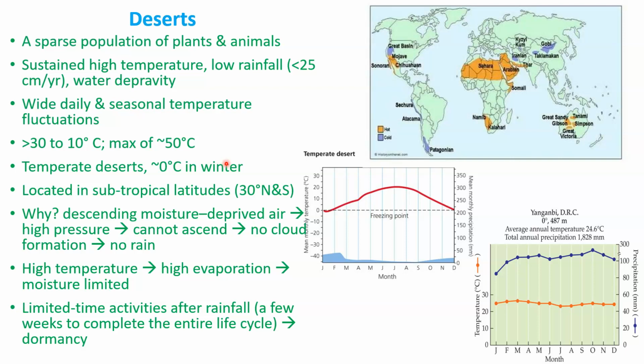The rainfall could be limited to a few weeks, a couple of weeks, maybe a month at best, sometimes even less, right? Sometimes could be just a few days. So as such, the plants and animals have to complete their life cycle during such a short time frame, right? Sometimes the reproduction window in desert environments for plants and animals has to happen during that shorter time frame.